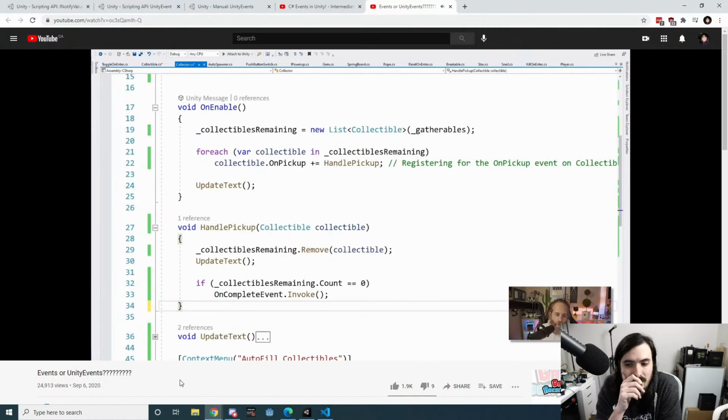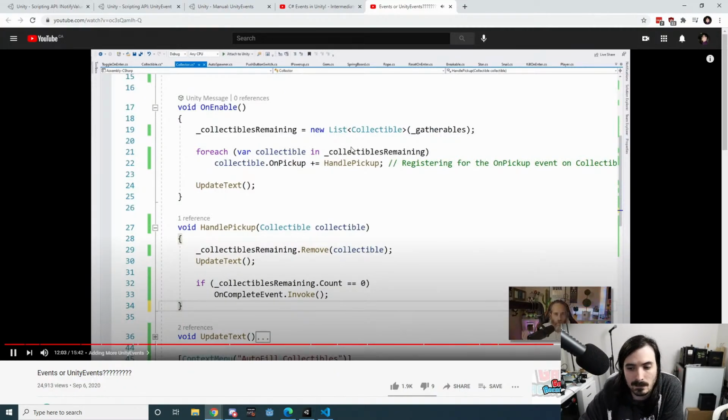All right, so hopefully you've gotten the idea that you really should be using both of these in most projects. You should use Unity events for things where you want to do stuff that's specific with the scene, or one-off types of things that you're going to be doing in your game that are really specific to scenes or specific to a single object, where you don't need to necessarily write code to toggle an object on and off or change the text of an object you're going to do once. And you want to use regular events or C# events or delegates